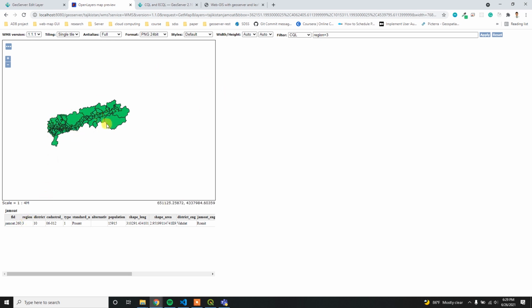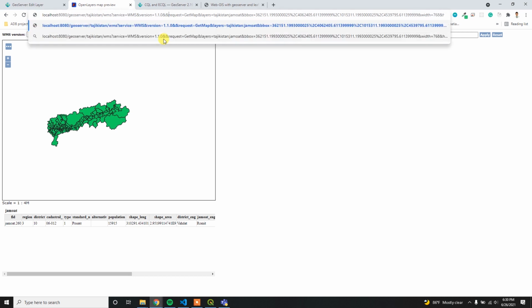You can do a similar process by directly applying the CQL parameter in the URL as well. Let me show you what I mean. Here you can insert your CQL filter like this: cql_filter=region=3.